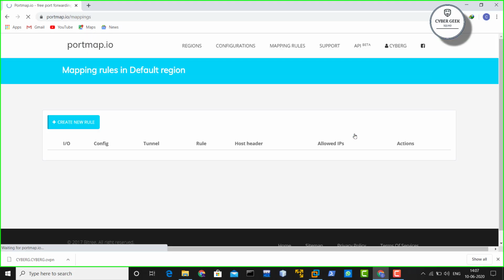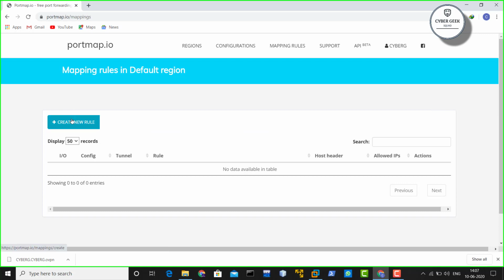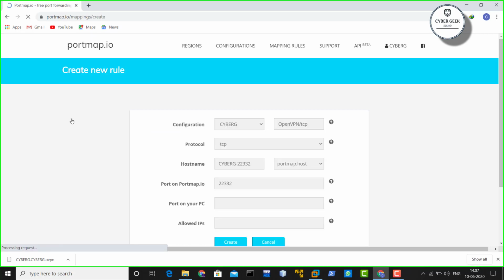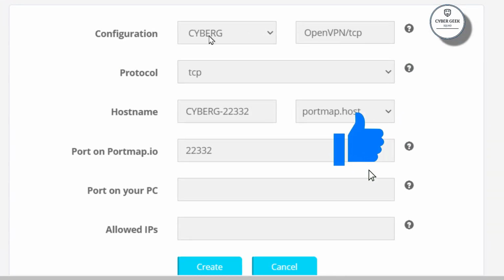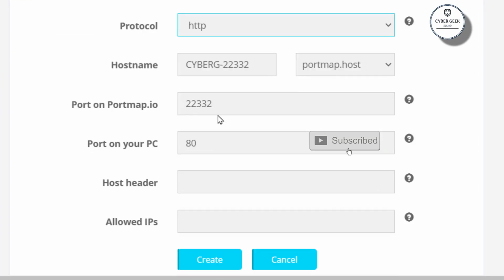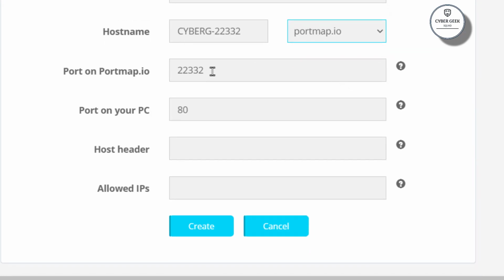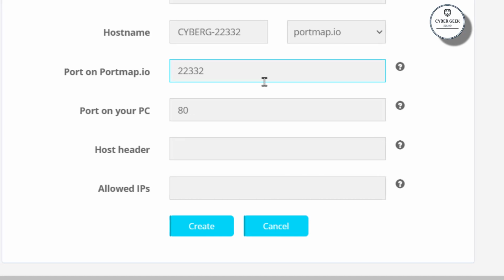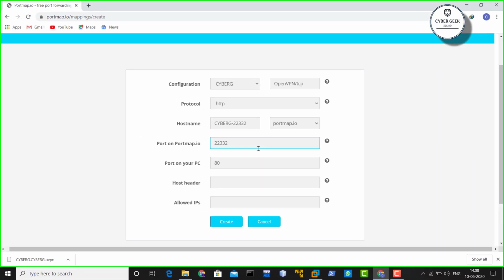So now you're gonna click on mapping rule. Once you click on the mapping rule, you will have to create a new step. Once you come over there, nothing you have to do, everything has already been done. All you have to choose is the protocol, and I'm going to use a protocol called HTTP over here. So remember, if you are selecting the HTTP protocol, the port number will always be 80. Now if you are selecting the TCP protocol, the port number will be 444. So in our case we have selected HTTP, everything is fine.